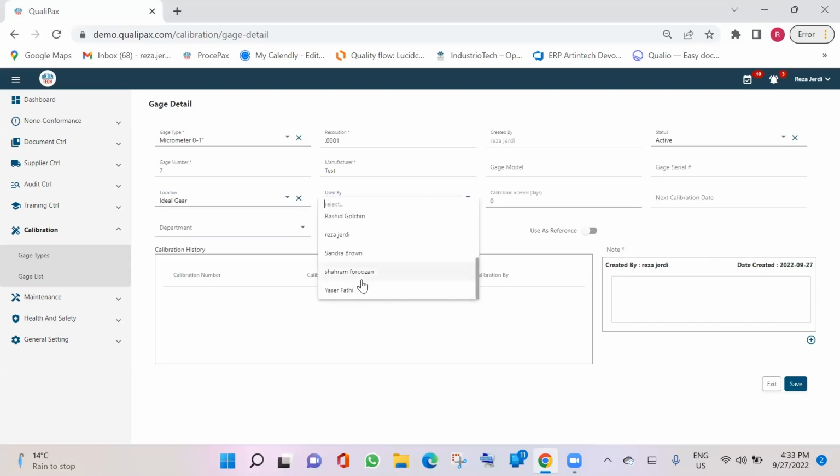Within the employee list, if anyone is there, you can just select that person. The calibration interval is how often you are going to check this tool. Let's say based on my internal procedure, every 6 months I'm going to check these tools again. The number, I'm going to put it there based on days. The next calibration date, you cannot put anything because we haven't done any calibration. Just now we are going to